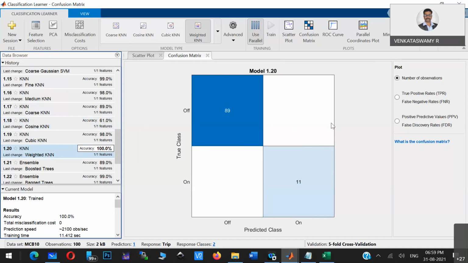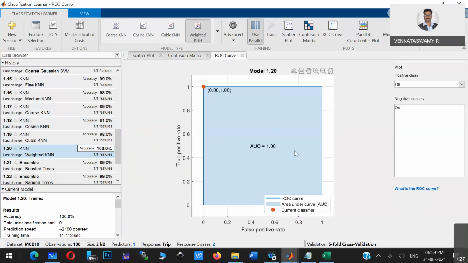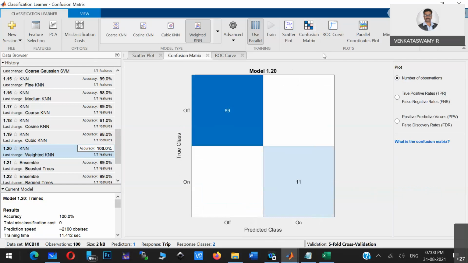Okay, the ROC curve has to be a perfect step curve. The true positive rate should reach its maximum while the false positive rate stays at 0. That is the step curve you should get. So the confusion matrix is a good indicator.